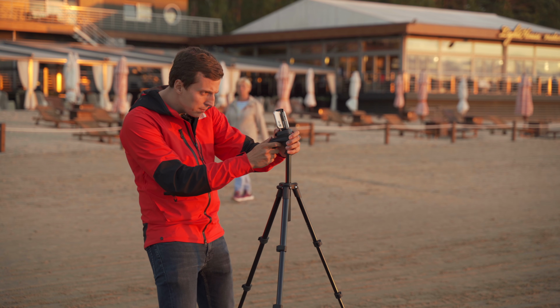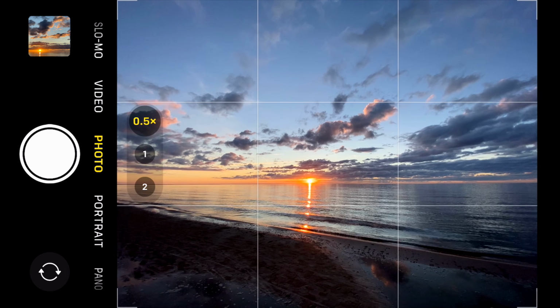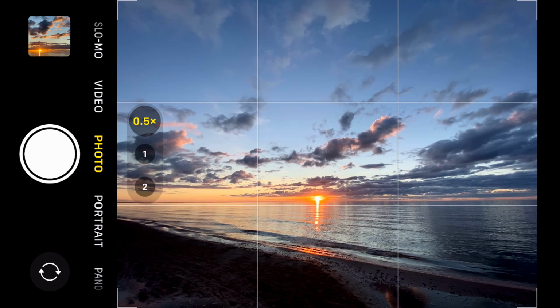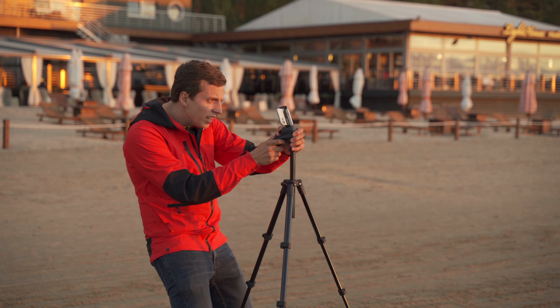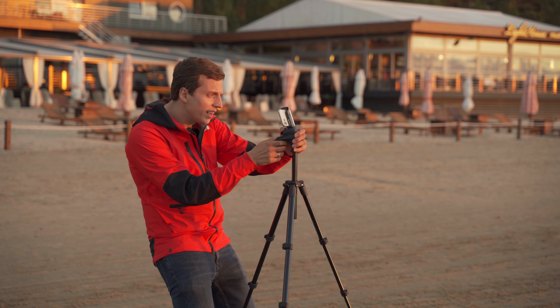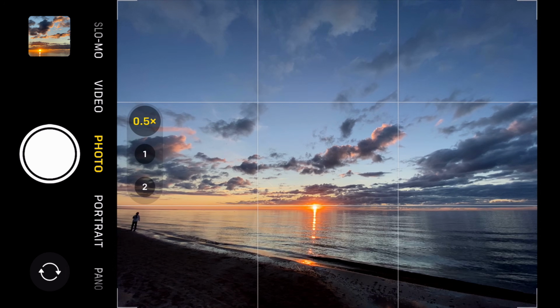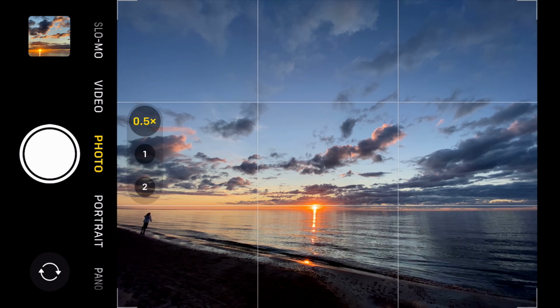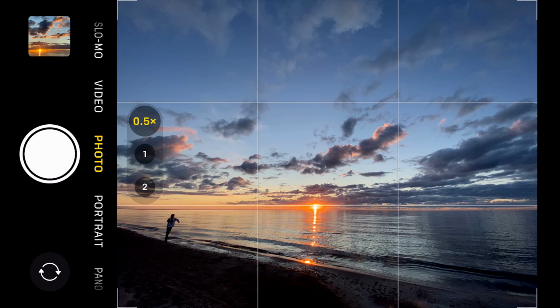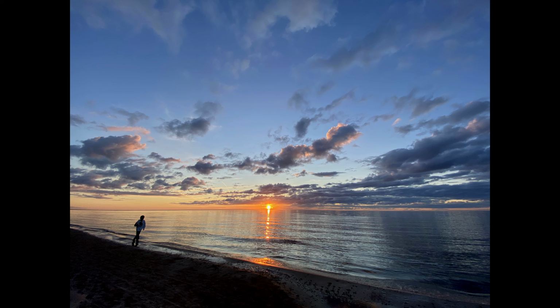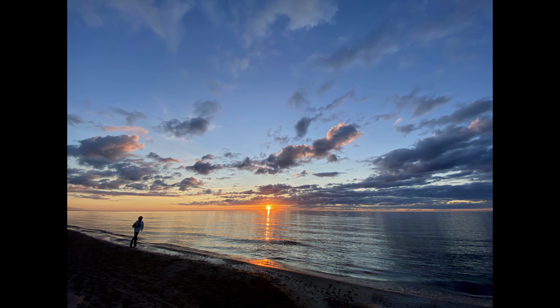And if I reframe the shot just a little bit, and I'm gonna be careful to keep the horizon straight, but if I reframe the shot like this, now I can get even more of that beautiful sky in the frame. You'll see there's someone coming in from the left side, and it kind of looks like they're walking sideways because of this effect. So I'm gonna quickly grab a shot of that,